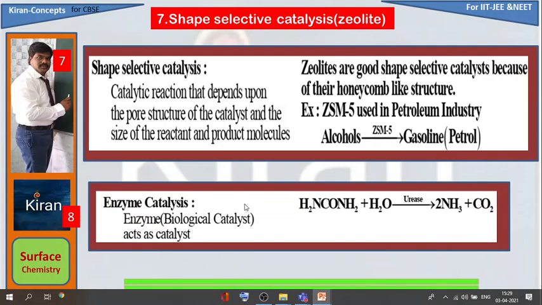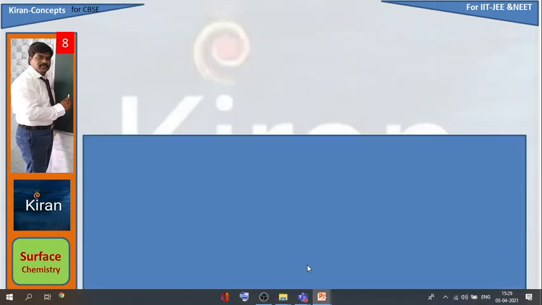Enzyme catalysis. In a few cases, enzymes also act as catalysts, so these enzymes are known as biochemical catalysts. Example, urease. When NH2CONH2 reacts with water, you get ammonia gas in presence of the urease enzyme. So these are all different types of catalysis reactions. As per CBSE board, we have enzyme